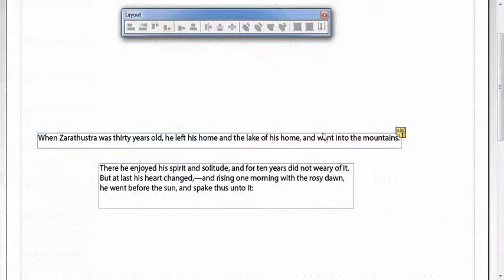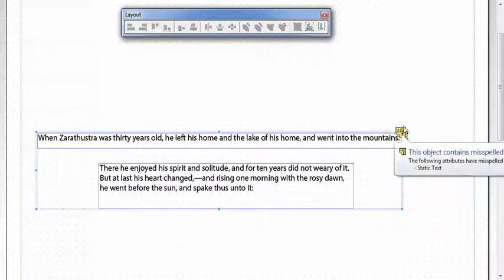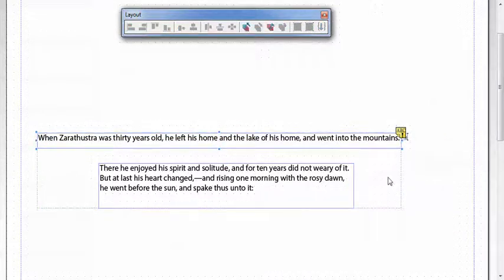and you'll notice that the text is now in the order it should be. One last thing is you can group objects together, and once you do that, you can move